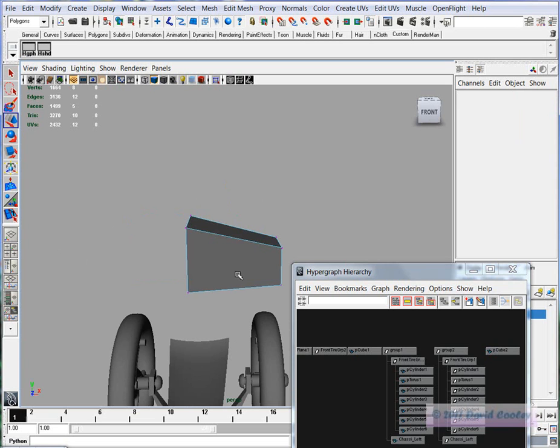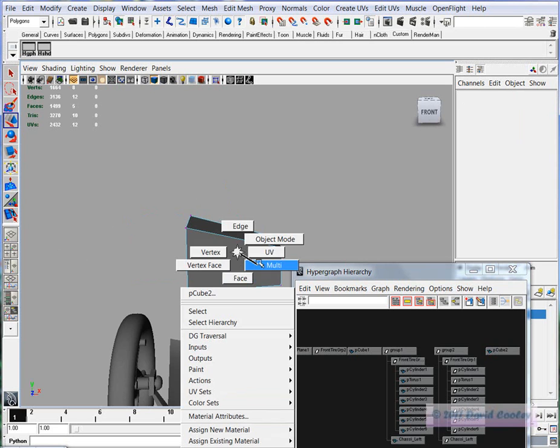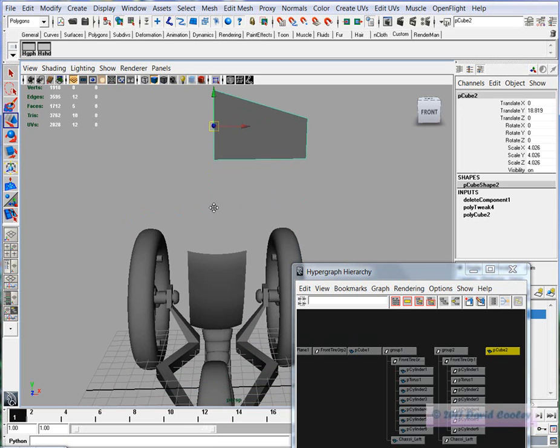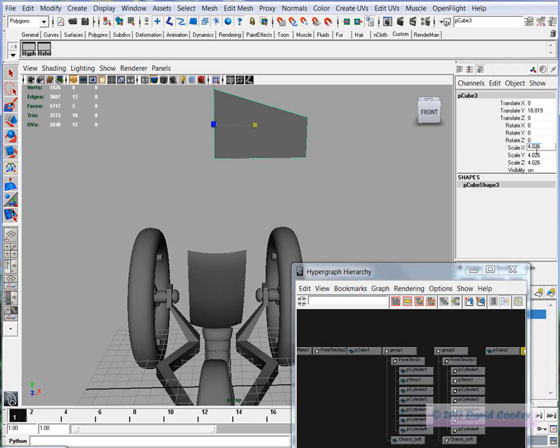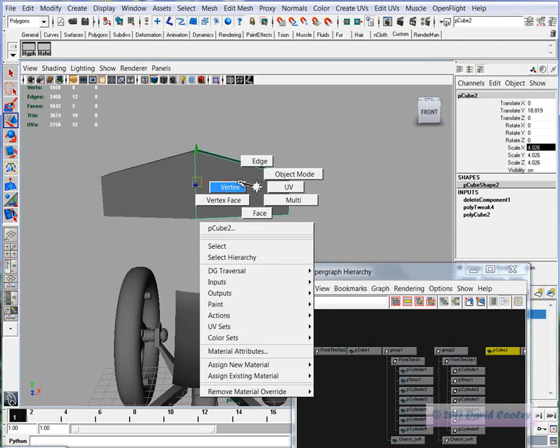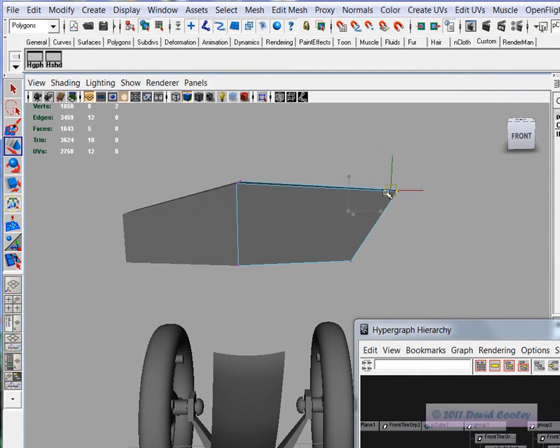Okay? So if I just go into object mode again, I'm going to select my object. Now you saw down here that if I hit duplicate, Control D, and hit minus for the negative number, it pops over there. Well, that's great, but the problem is I'm not done modeling it yet, and so as soon as I start changing it, I'm going to have to get rid of this and do it again. Okay, so I'll delete that. And this time what I'm going to do